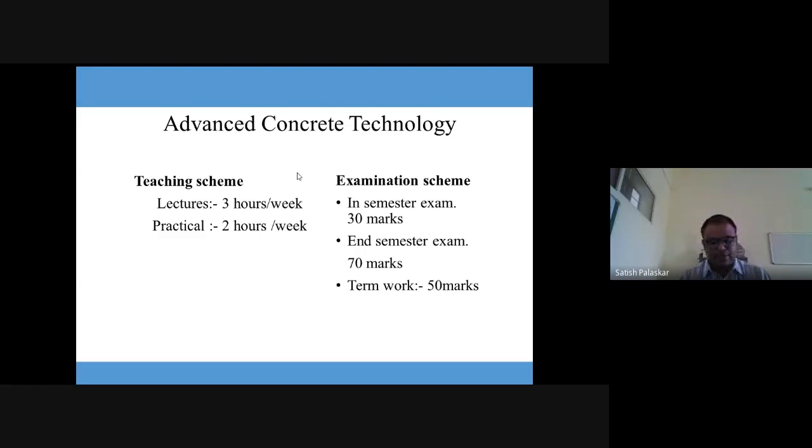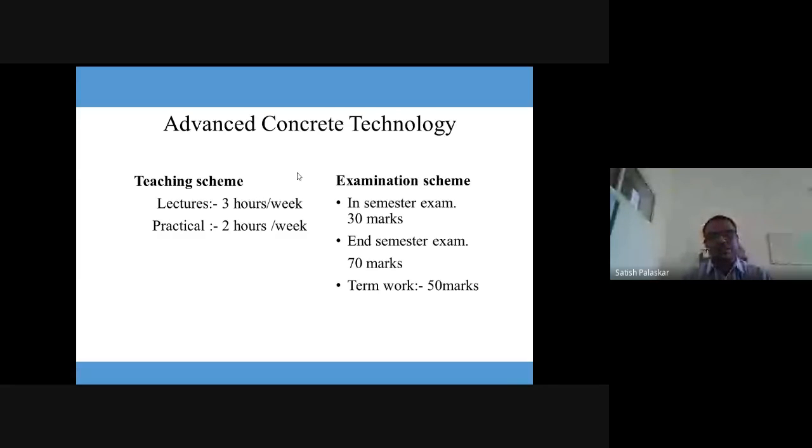As far as unit number 3 is concerned, it will deal with the design of these different types of concrete. In second year concrete technology, you have seen the concrete mix design for the conventional concrete. But when we say these different types of concrete, then we have to do the mix design. So here, mix design of high strength concrete, that part will be included. You may add fly ash over there. Okay, and in the second part, different non-destructive tests are there.